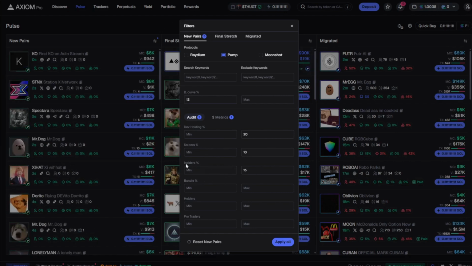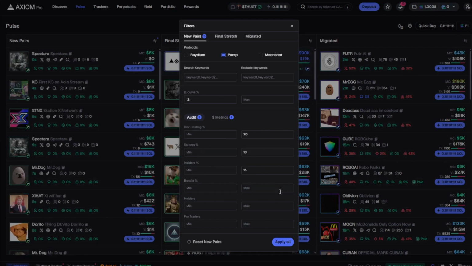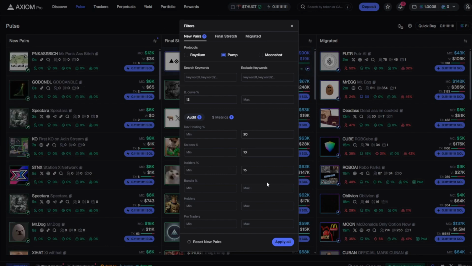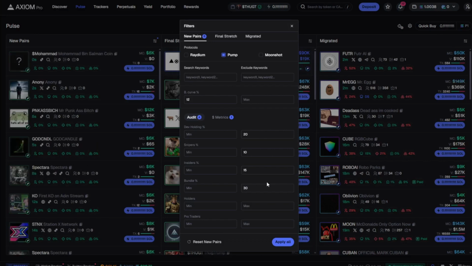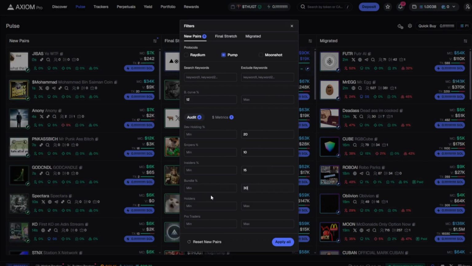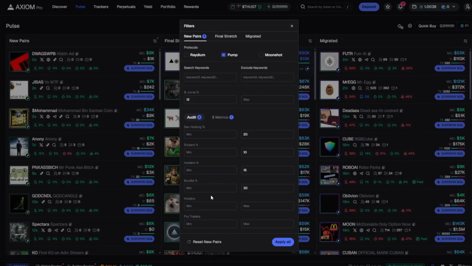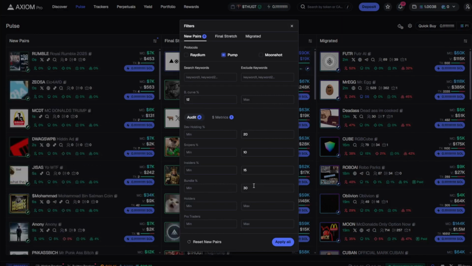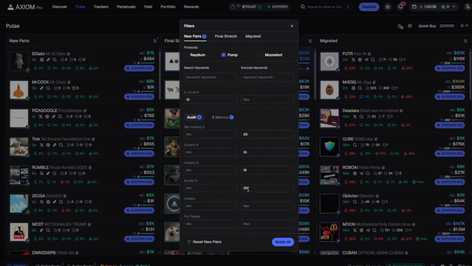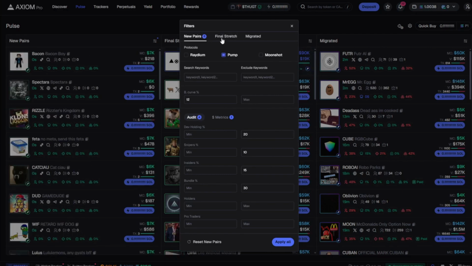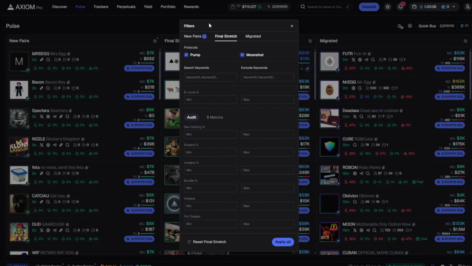But yeah, insiders as well, this is similar to snipers, just people that are going early. Bundle percentage, personally I'm going to be setting this to 24, maybe like 30%. It's decent. Bundles aren't always that bad. It honestly just depends on the token. It's up to you what you want to do if you want to bundle. Personally for me, I'm going to set it here to 30%, but sometimes bundled players can be decent. So on final stretch, I'll show you